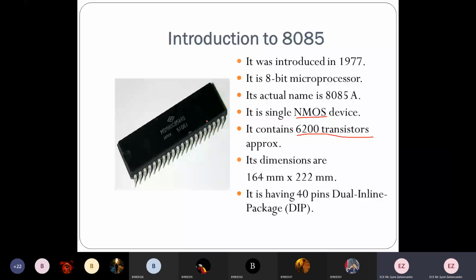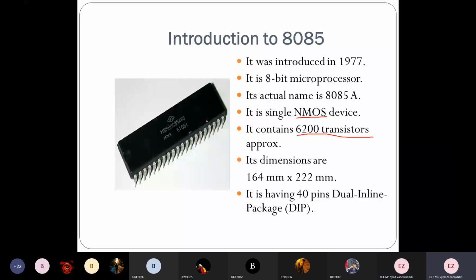Now let's take a register. A register consists of what? Flip-flops. Flip-flops consist of what? Gates. You will have NAND gates or NOR gates, according to the type of flip-flop, and those many gates you will have. So this is about the 8085 microprocessor. Fine. So this is why we require the transistor.